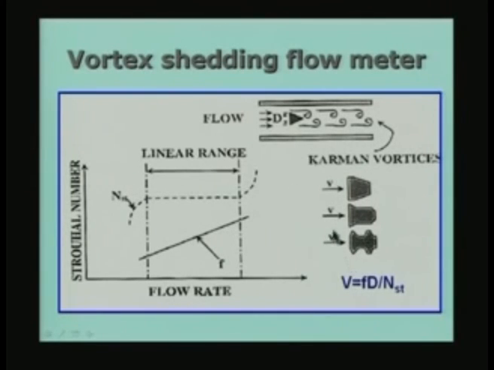If you are able to measure the frequency of the vortex shedding by just monitoring the pressure at the back, each time there is a vortex shedding the pressure will go through a pulse, there will be a change in the pressure, and you can measure the number of such events and find out how much time it took, and immediately I can find out the velocity. So, the vortex shedding meter is one which can be used for measuring the velocity, and this velocity is nothing but the average velocity of the flow.